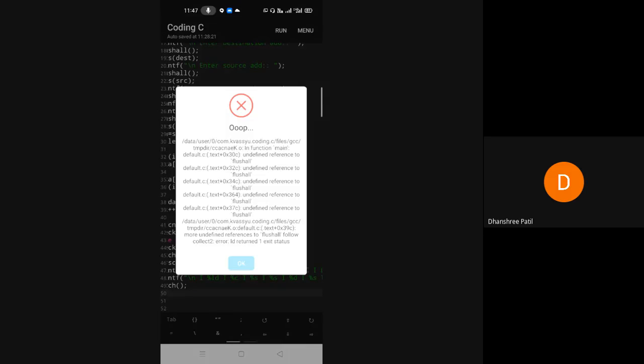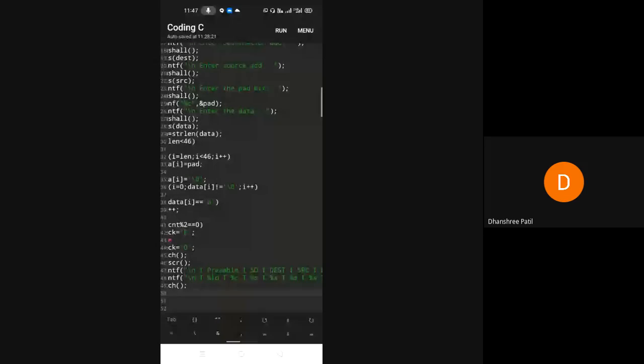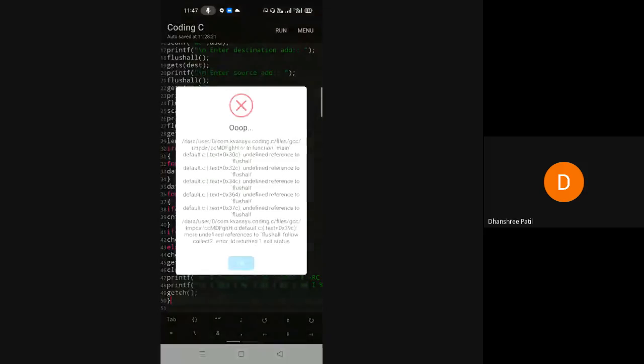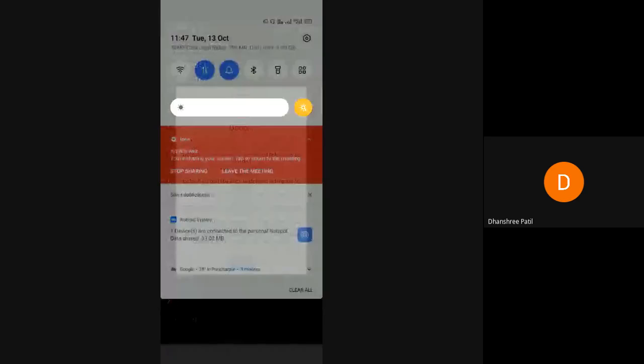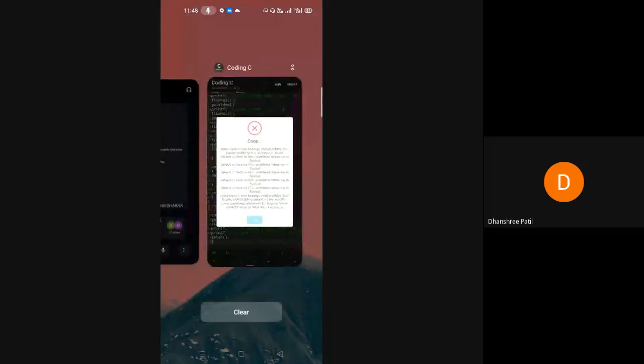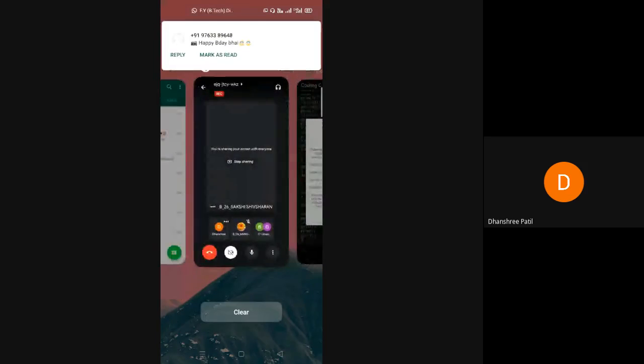I'm not able to see it clearly. Can you just send me the screenshot of the error? I'll tell you what is there. You can send it in the group or you can message personally. Okay ma'am. Okay. Others, have you done the program?